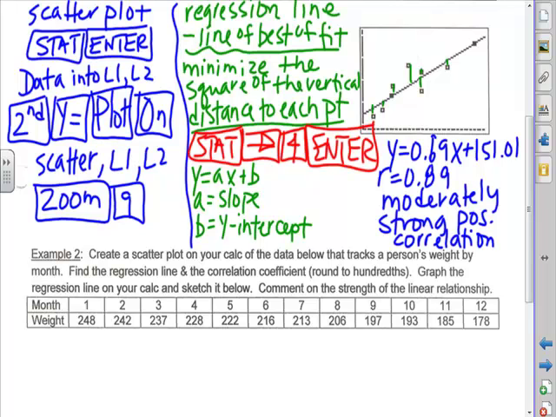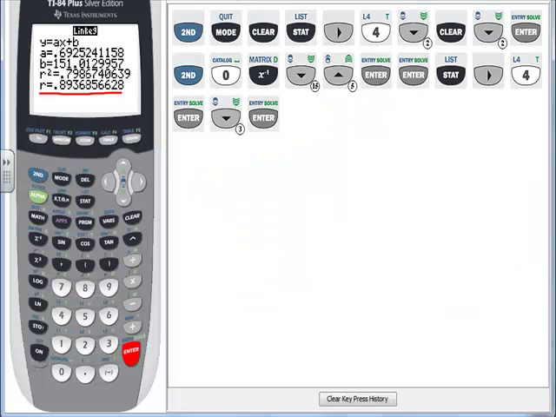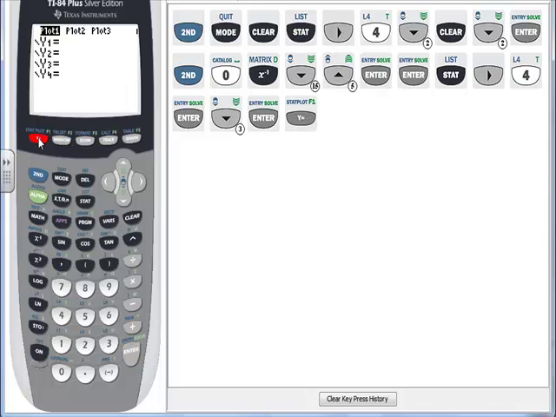Okay, now say you want to actually get that line to graph. So I'm going to come back here for a second and show you how you can bring that into your y equals. By the way, you always want to make sure your y equals is clear before you do your scatter plot. So if you had some lines shooting through, make sure you've cleared out your y equals. If I go to my y equals after I've done my correlation and run my linear regression, hit